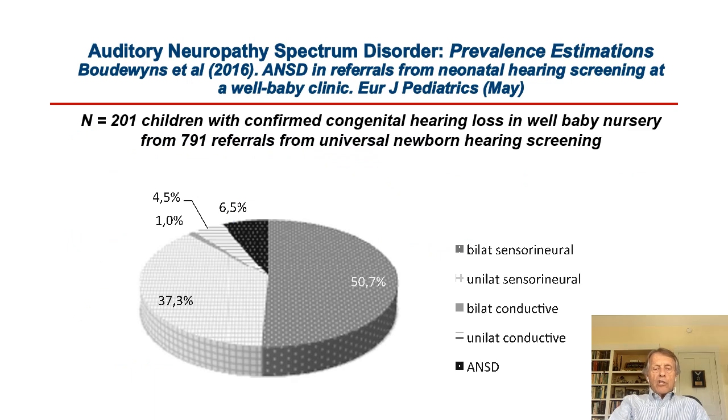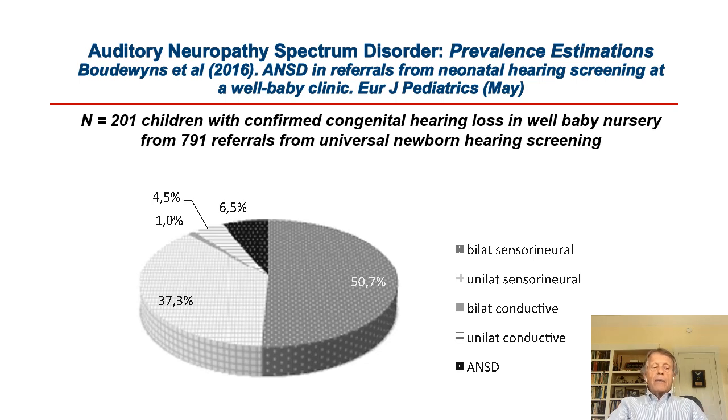Now, we mentioned this earlier when we were talking about the acoustic reflex. Auditory neuropathy is not as uncommon as we all used to think. We didn't identify it accurately many times, so we thought that it wasn't very common, but we were missing many of the cases. So it turns out that if you take all the children who do not pass a hearing screening and then who also are confirmed with a hearing loss, this is just every child, not just those from the intensive care unit, but these are children from the well baby nursery, that even in that population, you may